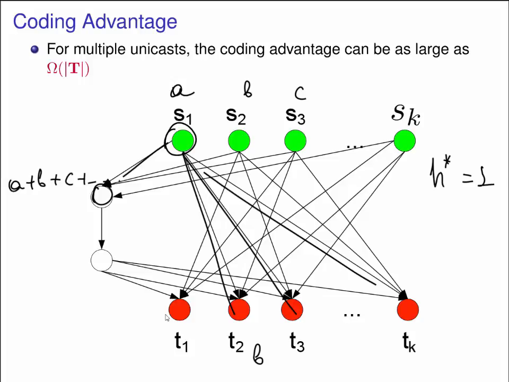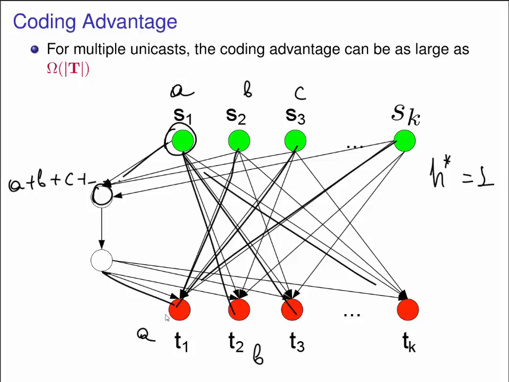And then each destination node will be able to decode the packets it needs, because it will receive a combination of all packets generated by all terminals through this link, and then it will receive all additional packets through those direct links from the source node, right? In this case, for example, destination node T1 will be able to decode A. Destination node T2, again, will receive a combination of all packets through this bottleneck link, and will receive a copy of all packets other than B over those direct links from the sources, so it will be able to decode packet